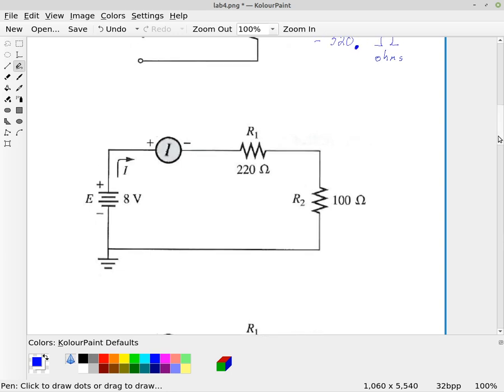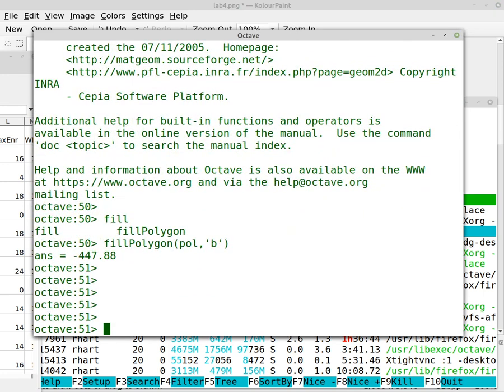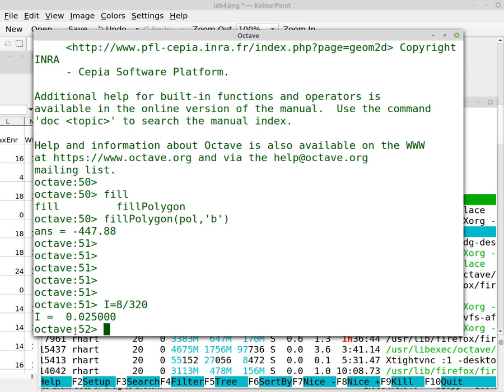Alright, so given that the total resistance is 320 ohms and we know the voltage now, according to Ohm's law, we can calculate the current. The series current is equal to the 8 volts divided by 320 ohms. And so we can pop over to our calculator here. I'm going to use the Octave program. So we're going to have the current I equal to 8 volts divided by 320 ohms, which gives us